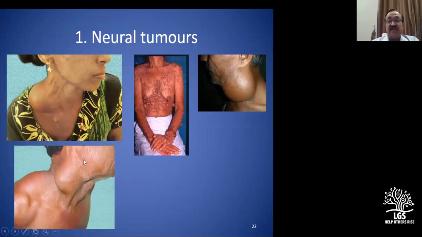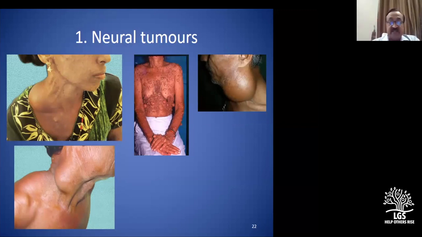I think all of you would have seen classical von Recklinghausen's disease. Such patients with the café-au-lait spots all over are vulnerable for lesions. You can see this lady here. See that fibroepithelial tags are present, small nodule-like thing here. And this is a large neural tumor. You know, posterior triangle is a rich site for a lot of nerve tissue there. So it's not uncommon to find posterior triangle, which is a common site for a nerve tumor.